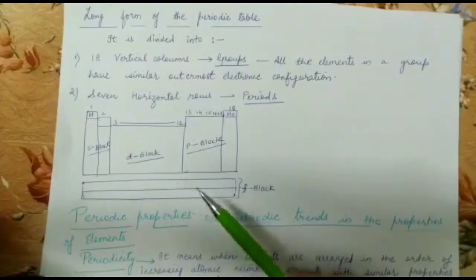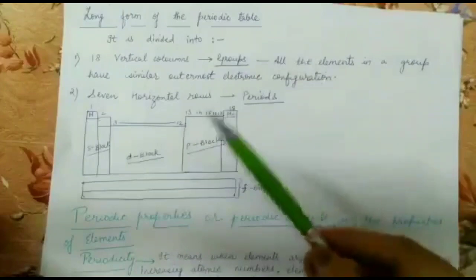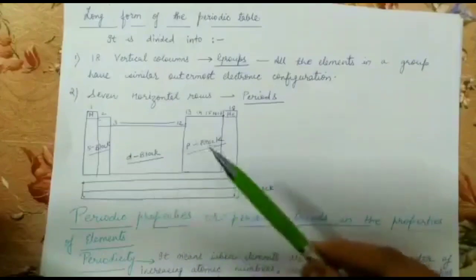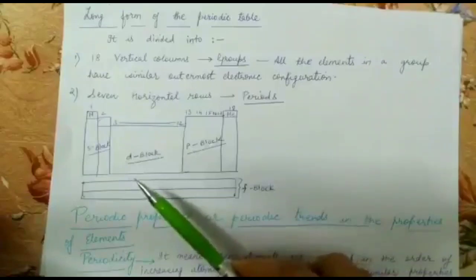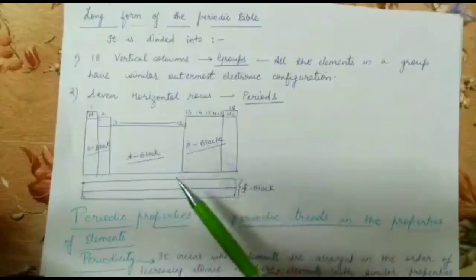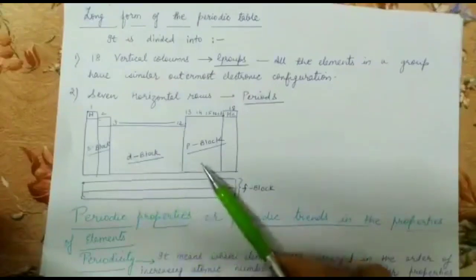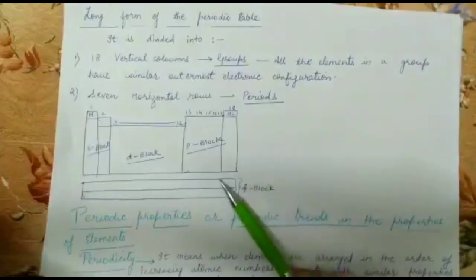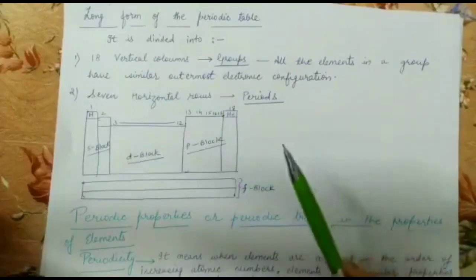Now the questions are how the periodic table is divided into SPDF blocks, why these are named as SPDF blocks, what is the criteria for placing a particular element in a particular block. Now all these questions we are going to discuss afterwards because these blocks require understanding of the electronic configuration of elements, which is a part of unit number 2. So first we'll discuss how to write electronic configuration of elements, and then we'll discuss placing of a particular element in a particular block in our classroom teaching.